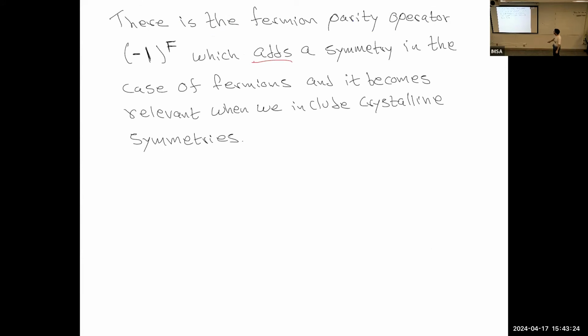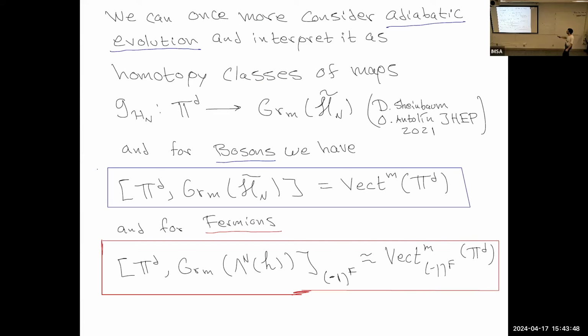Okay, but it turns out that there is a distinction, and that's because of the fermion parity operator, right? So for many body ground states, for fermions, they had to satisfy being an eigenstate of this fermionic parity operator, and it in fact becomes more relevant when I discuss crystalline symmetries, but I'm gonna skip it for now. So this is the main result of our paper that we published in JHEP, right? So